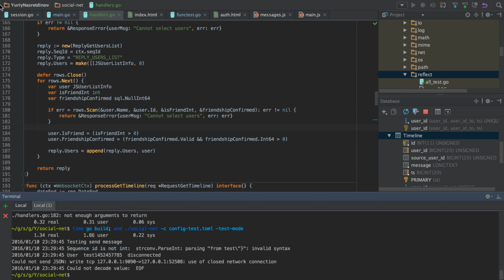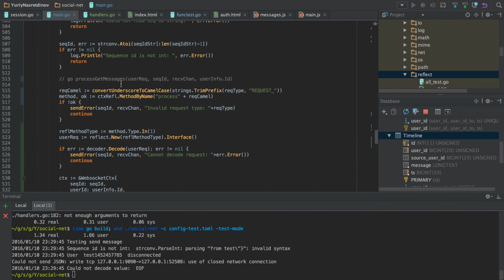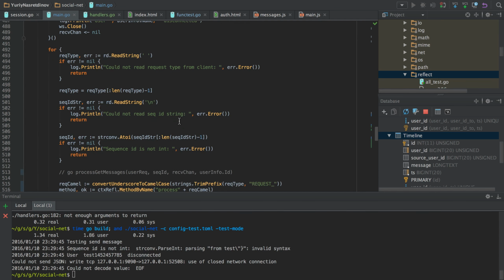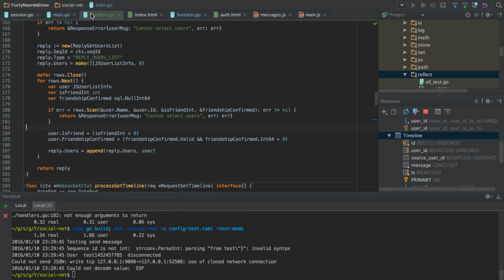So sequence ID is not in the test, and our test shows that something is wrong with our parsing, and we should find out what happened.